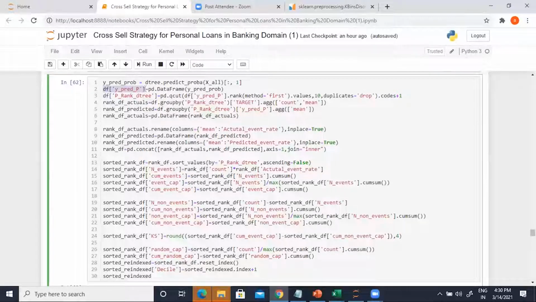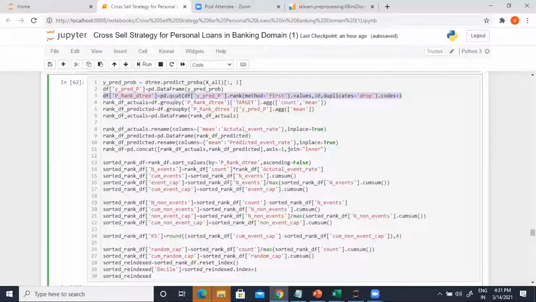Okay, let me continue. Now, like I said, what you want to do is create groups of deciles based on sorted values of the probabilities, which you want to do using the quartile cut function. So over here, you can see my highlighted row.